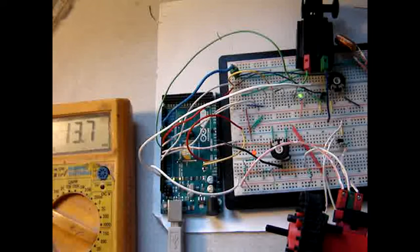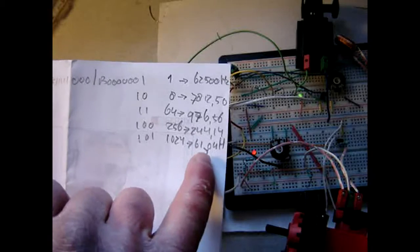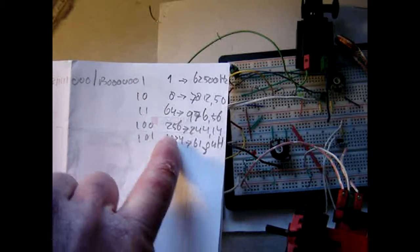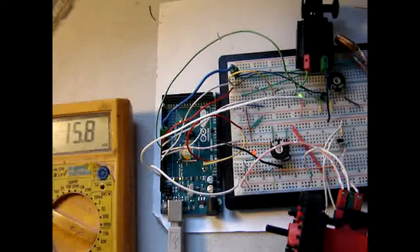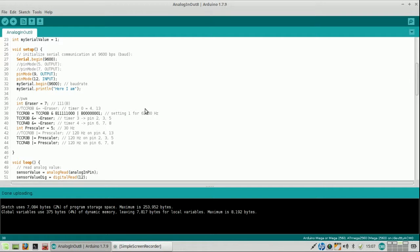Then it is time to change the frequency to the lowest, which is 60 Hertz. And yes, that means that this probably won't go, the list that I have doesn't go as low as 60 Hertz. I can show you on camera. This is the list, and this is the lowest value, but if I go on I might receive something else, although this is 1 and this is the 1024, who knows. So on to new experiments. And that means changing to 61 Hertz, actually 61.04,